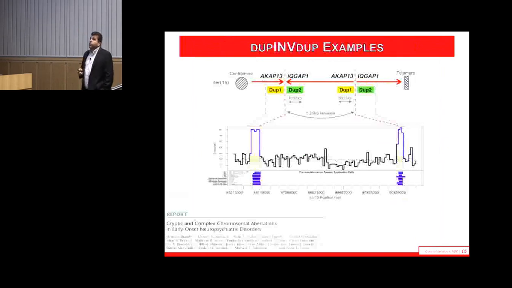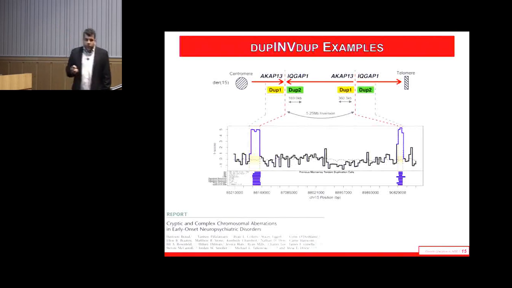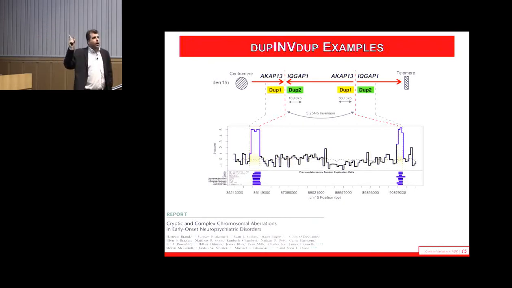So we published the first one of these in a study we did on early onset neuropsychiatric disorders, where we saw this dupe-inversion-dupe signature that actually disrupted a gene. What was interesting about it is when we went to clinical diagnostic array data, what we found is this duplication signature was present in this number of cases. So I mean, it's rare. It's something like 0.1% of cases, but you can clearly see this duplication signature on diagnostic arrays. So basically, anybody who has an array study, go look at your arrays, and I'm quite sure you will see this kind of a pattern in a certain number of your cases.